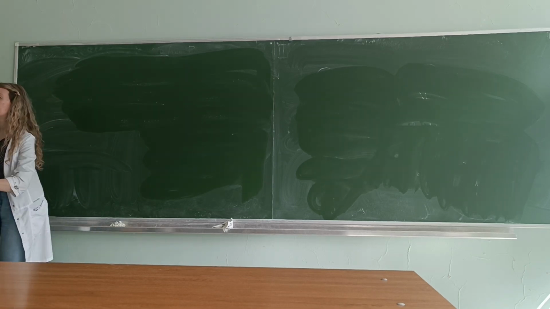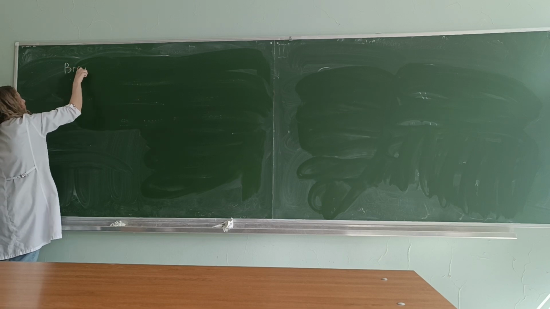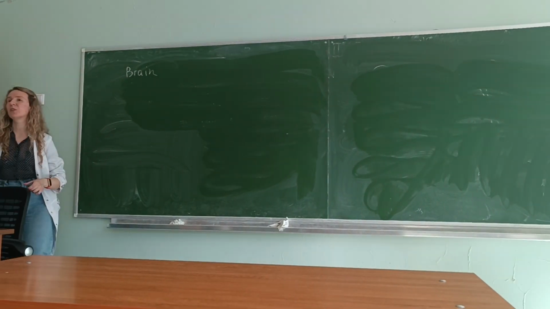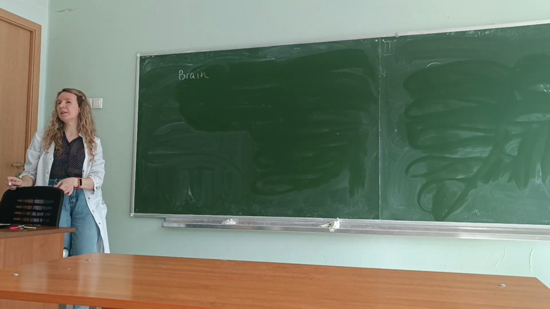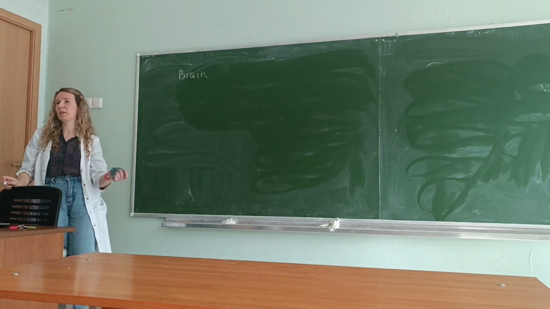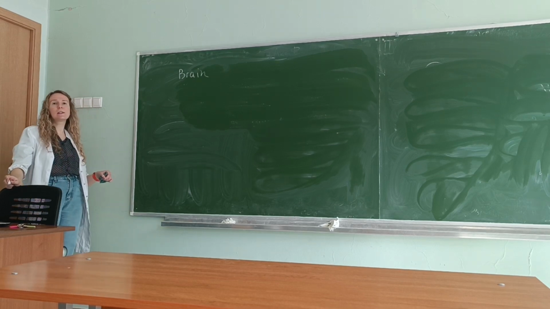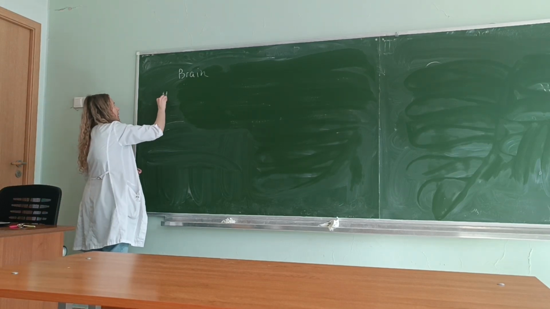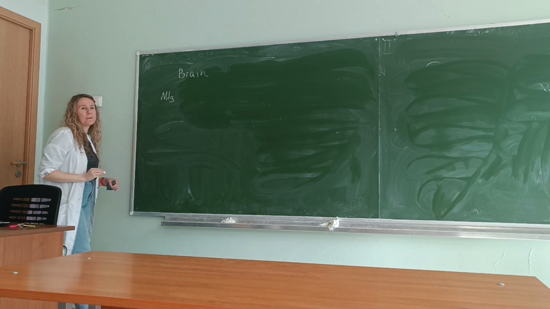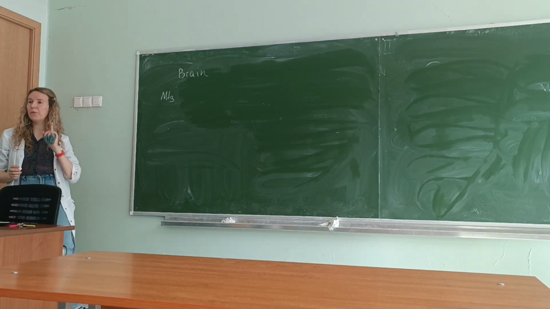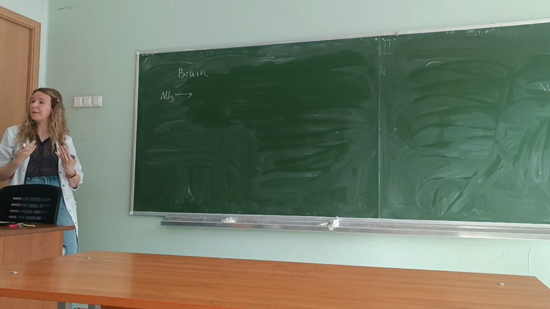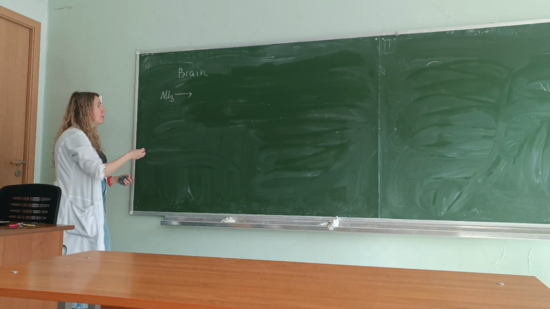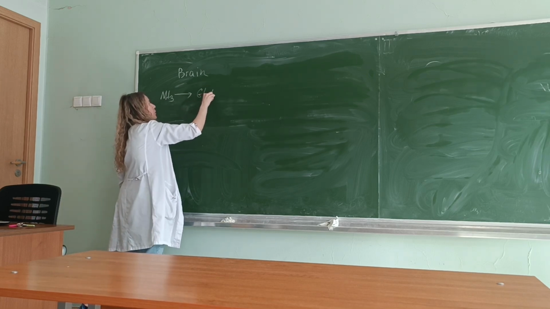So, ammonia in the brain. In our brain, we have a lot of neurotransmitters. So, the reaction of deamination in the brain has a very fast velocity, and that's why we can get a lot of ammonia in our brain. How will we transfer it? So first idea, we can connect it with alpha-ketoglutarate again, and we will form glutamate.